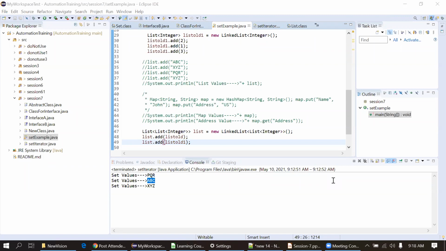Okay, a question from Diksha: what is the main difference between the iterator and the list iterator? Which should be used? When we are dealing with a list, always go for the list iterator, and when we are dealing with a set or a hash map, go with the iterator. ListIterator is designed only for lists, because it has the facility to travel in both directions, backward and forward. This you have to remember, Diksha.